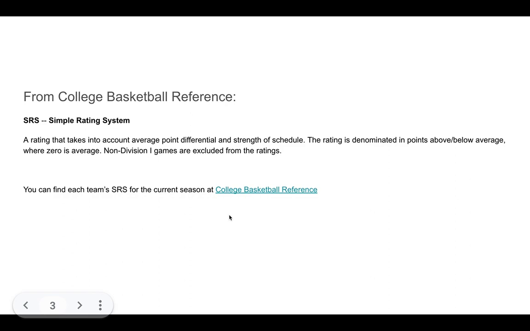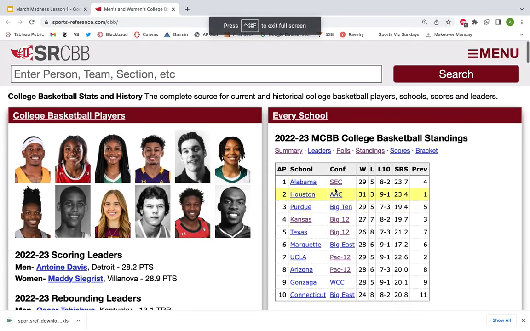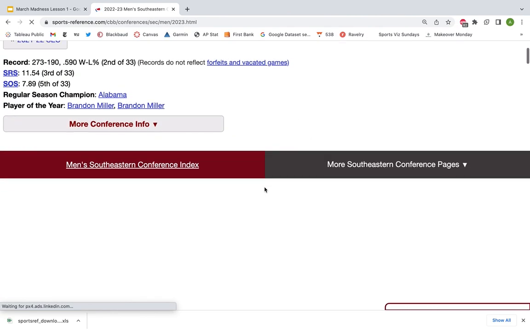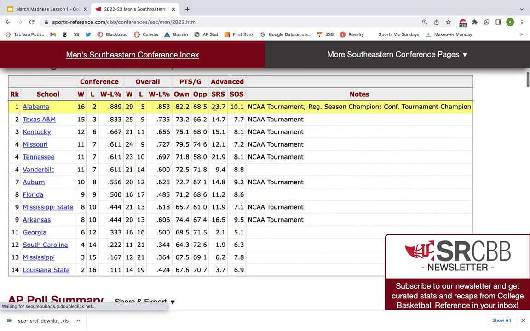Okay, now the nice thing is that we can use somebody else's work here. We don't need to develop this model on our own. Okay, this wonderful free data resource, College Basketball Reference. I can click on any one of these. Here's the SEC, a different conference, and I scroll down and it's got all the teams here in 2023, and we've got their SRS. Okay, South Carolina looks like they're the worst team in the SEC this year. They're 1.9 points worse than the average college basketball team. And here's Alabama, 23.7